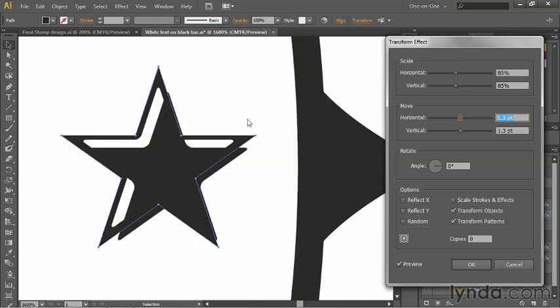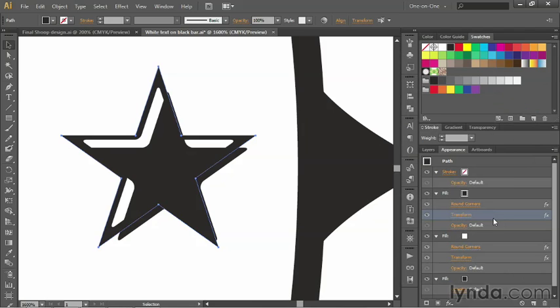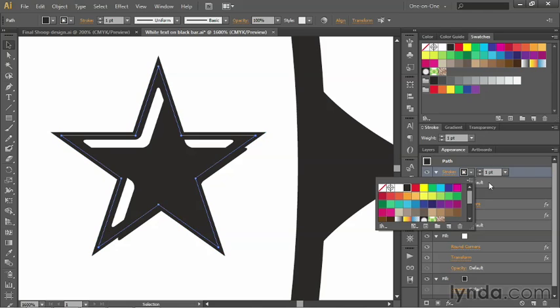If you were working on different kinds of shapes, you would presumably have to come up with different values. The same goes if these were larger or smaller shapes. And then I'll click OK in order to apply the effect. All right, now click on the stroke up here at the top and change the color to black and then